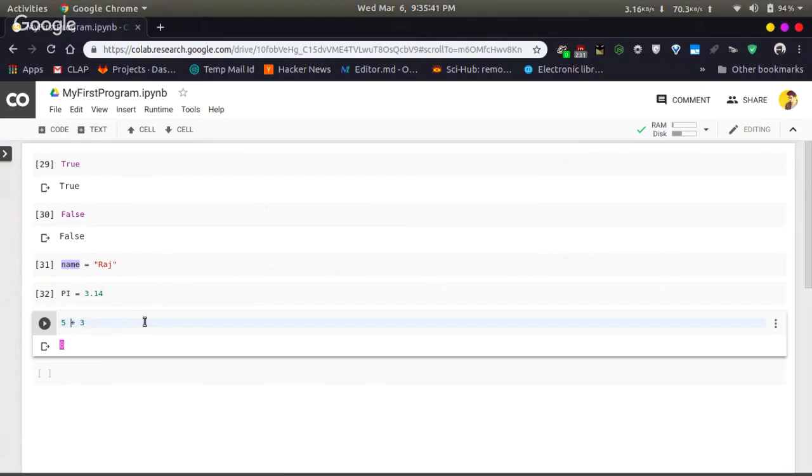There are different kinds of operators which we will look at in the coming classes. That is all about tokens. These are the building blocks that make up the Python language: keywords, identifiers, literals, and operators.